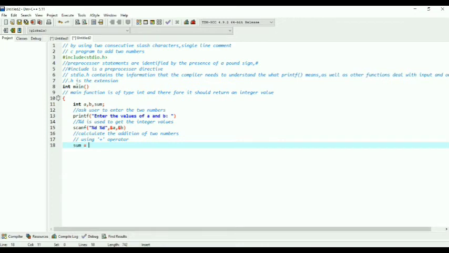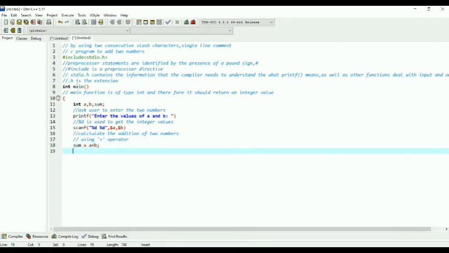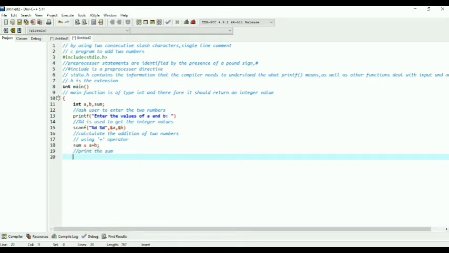That's why sum equal to a plus b, where we have stored the values taken from the user in a and b. And what do we have to do at the end? Print the sum. Similarly, printf sum of a and b is percentage d comma sum.